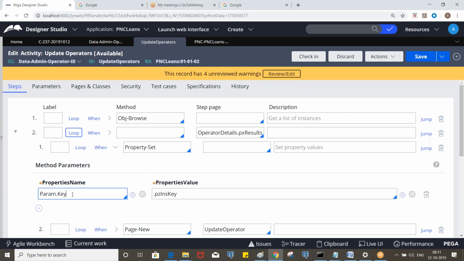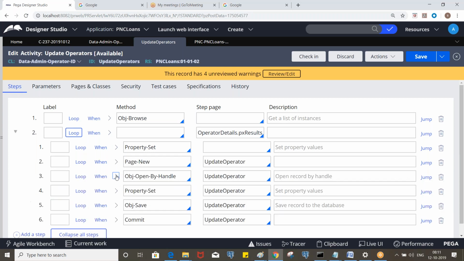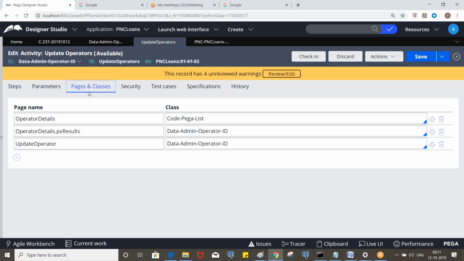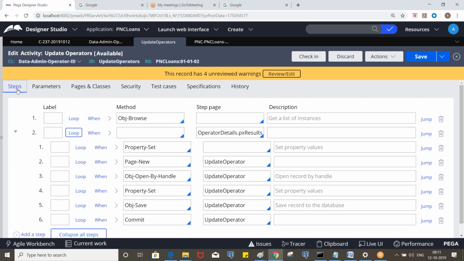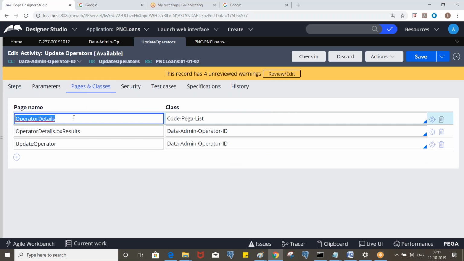One more question. While defining the page, you mentioned Code-Pega-List. Can we also mention pyWorkPage instead of that? Yes, it will work.